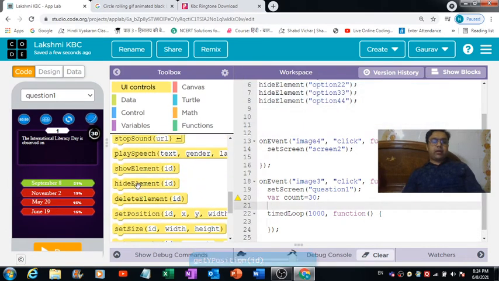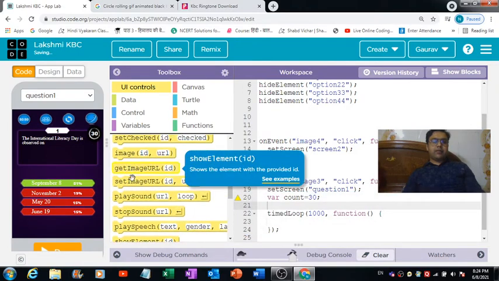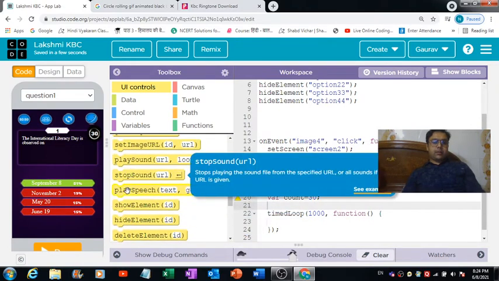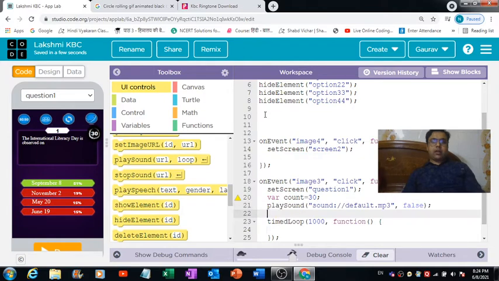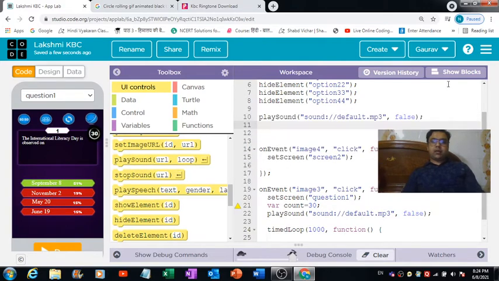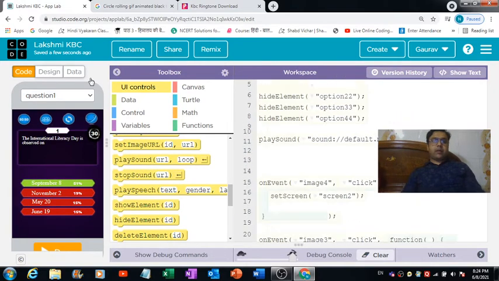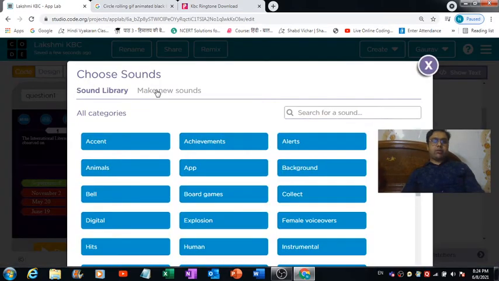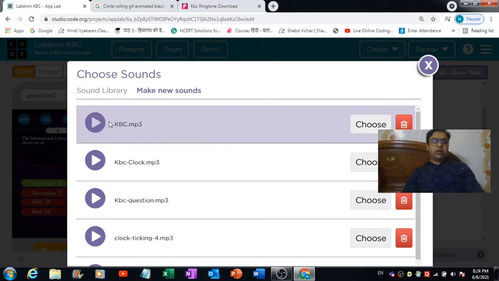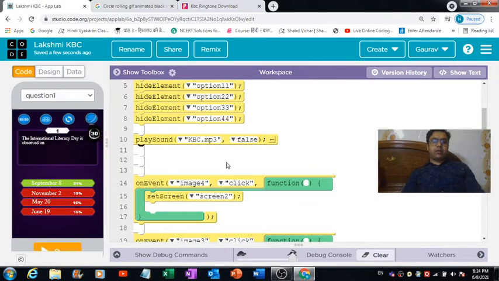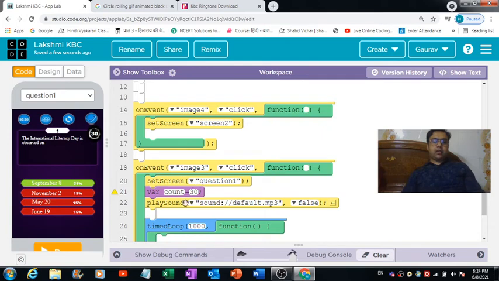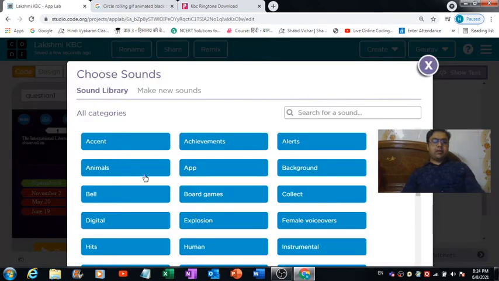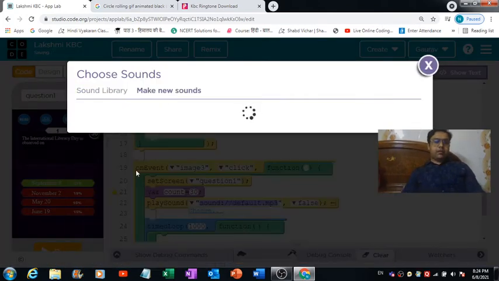So I'm already done with downloading the relevant sounds. I'm putting this play sound block over here, and here also I would like to put a play sound block, converting it back into block based coding. So the first sound I would like to select is this original KBC sound, and then here we can select this KBC timer sound.